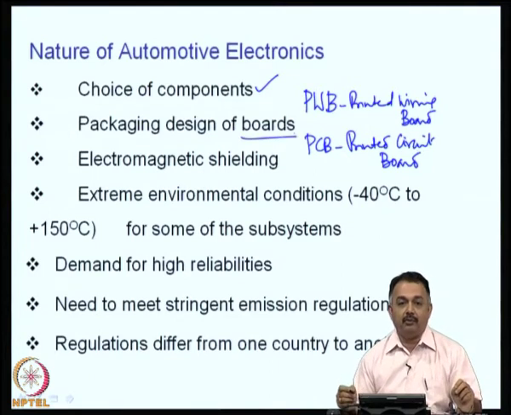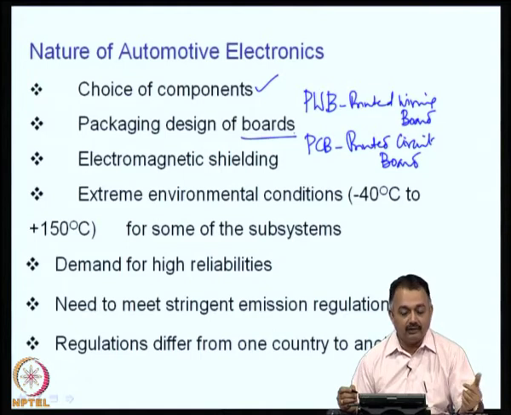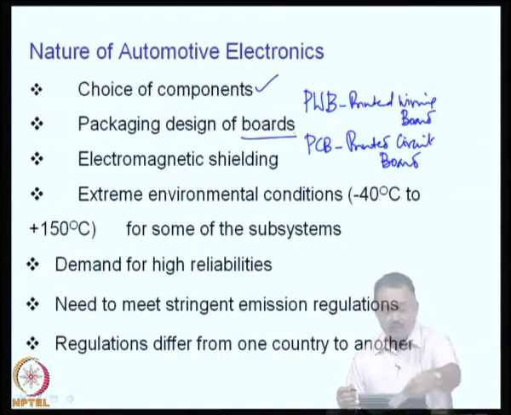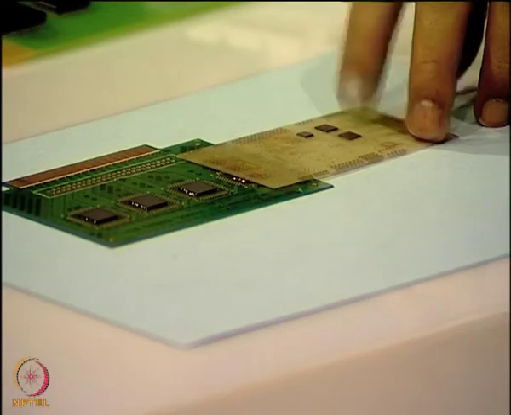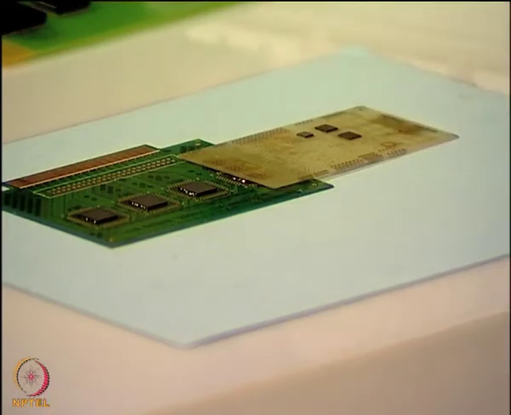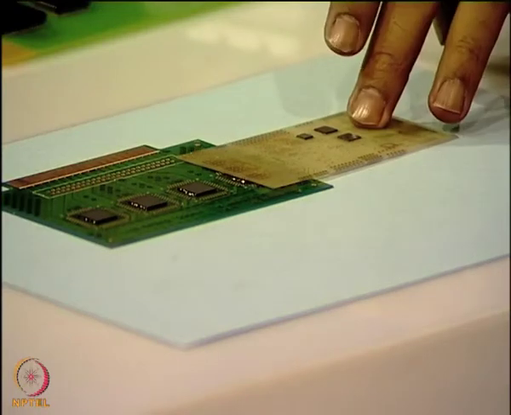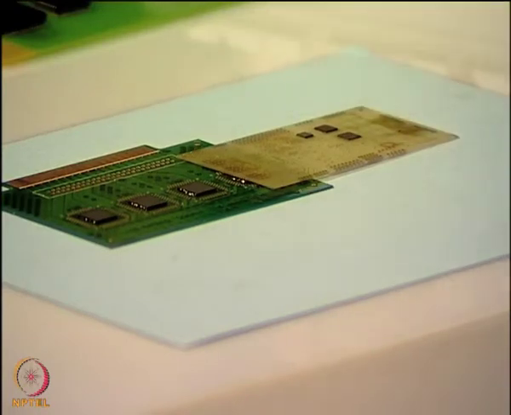So, how can boards be made more efficient? Can I use a board which is organic in nature for automotive electronics? Can I use a board which is ceramic or inorganic in nature for automobiles? So, these are the conditions that you have to look at. For example, I am going to show you a board here which has got a bare die on top of it. Now, for automobile electronics, can I use a bare die and a thin laminate like this? Will it work reliably? So, these are the questions that a design engineer should know.